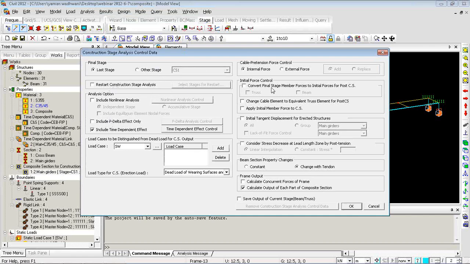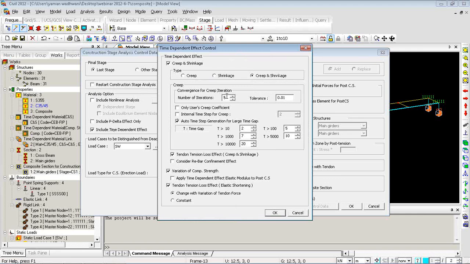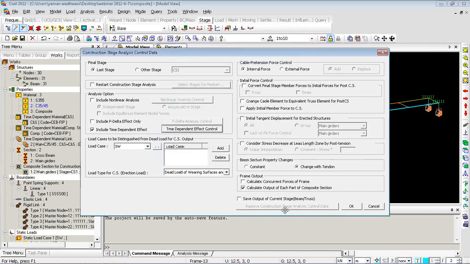Here you can see that there are many options. You can include nonlinear analysis in the construction stage itself. You can include time dependent effects, that is creep and shrinkage effect, tendon tension loss for the long term. The time dependent losses can be considered from here,